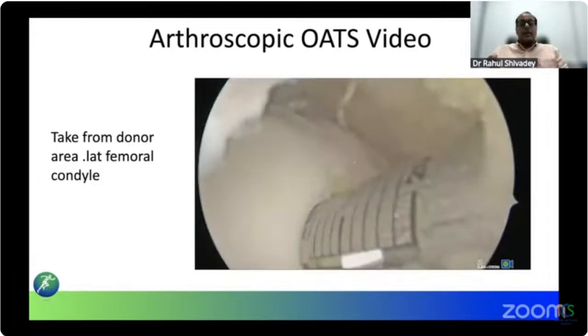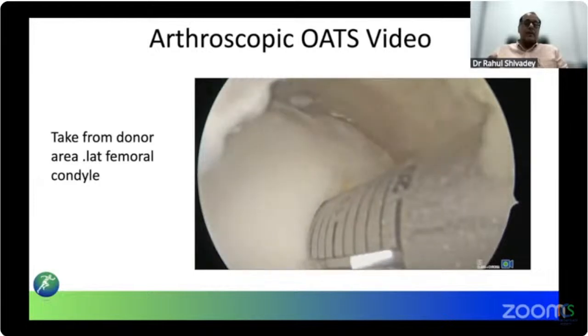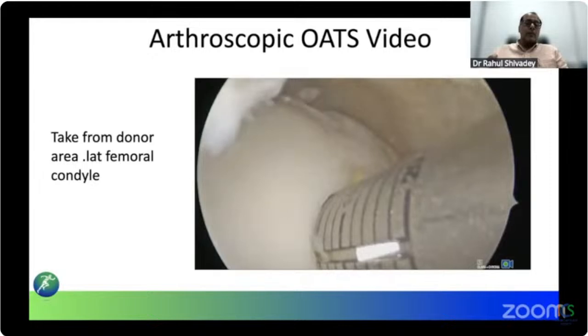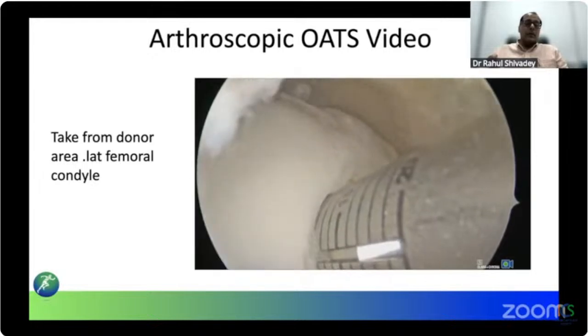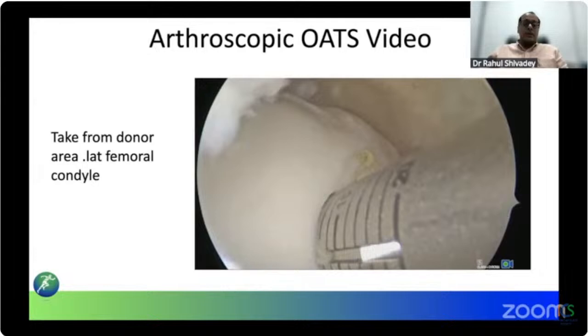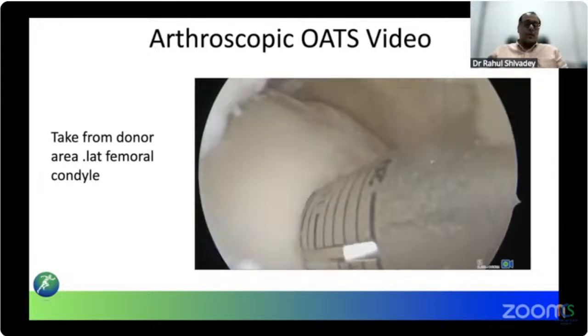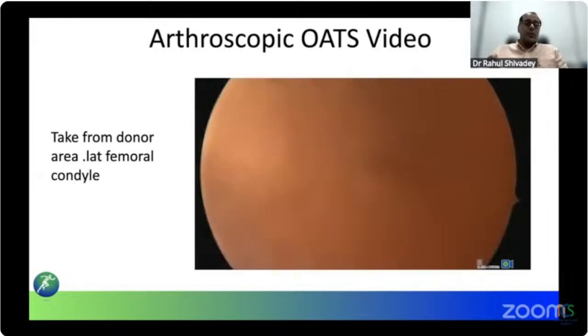And my recipient side would go up to 15 mm. So I would try to achieve a flush plug. More importantly, you need to understand which part of the condyle you are taking the plug from. The curvature of the condyle needs to match, because as per the studies, if your plug is more than 2 mm proud, it is a sure shot cause for